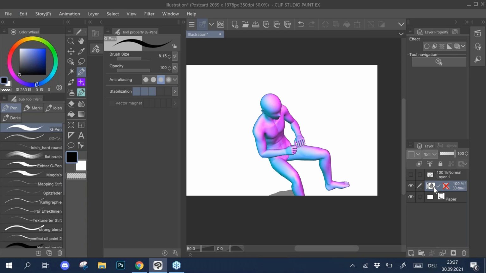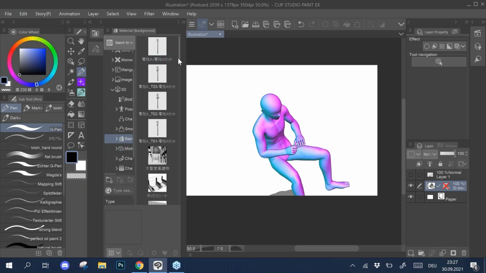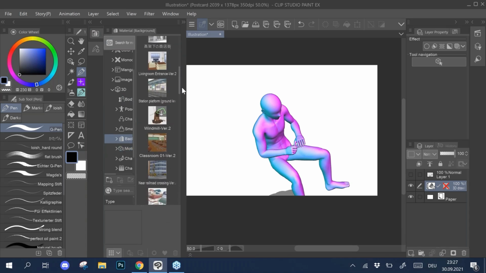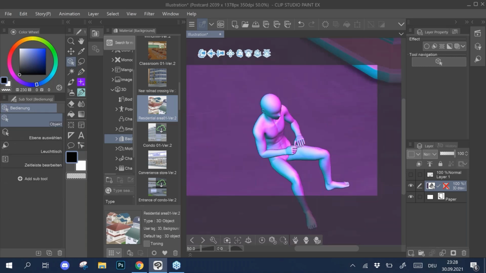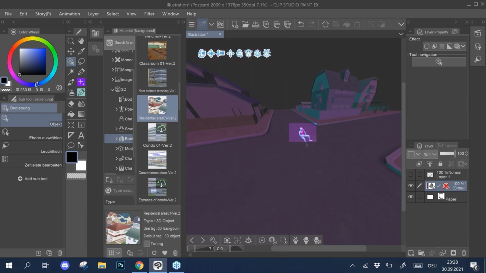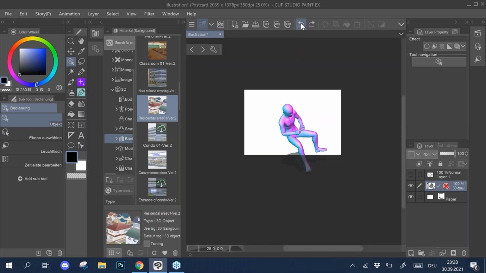and put it in a different environment, because Clip Studio has quite some stunning backgrounds. Oh, okay, it looked pretty weird when the model is just rotated not across the axis like the ground. So I go back to before I rotated him there,